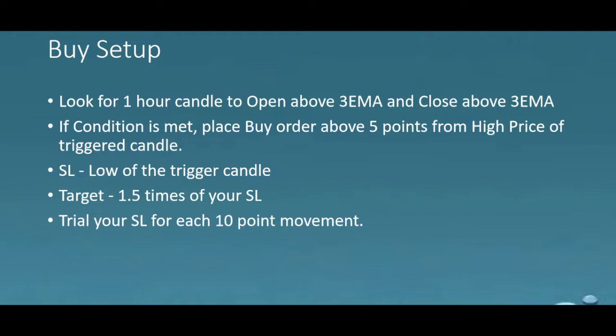Let's assume you enter crude oil at the price of 3000 and the price moves to 3010. If your SL is already at the 2980 point, then you move your SL 10 points higher, as the price moved 10 points. You can keep on trailing until your target is hit. If you're trading with multiple lots, then book half of the positions at 1.5 times of the target, then keep on trailing your SL for the balance pending lots.